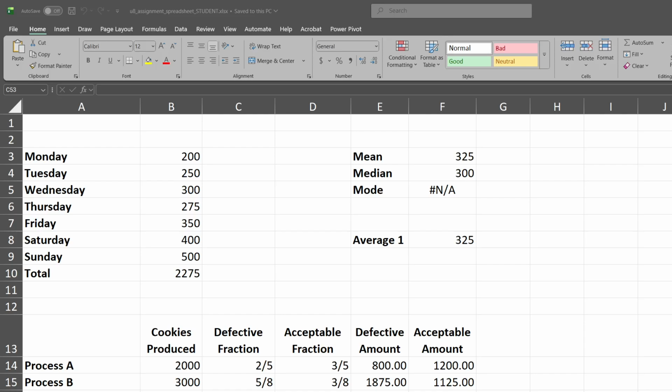All right, class, as promised, I would share with you how I created this spreadsheet. First of all, the information comes from the Word document. So you'll see this Monday, Tuesday through Sunday example. It'll give you that the total for that amount was 2275. So if you'll look in this area